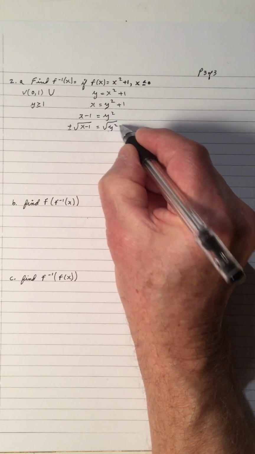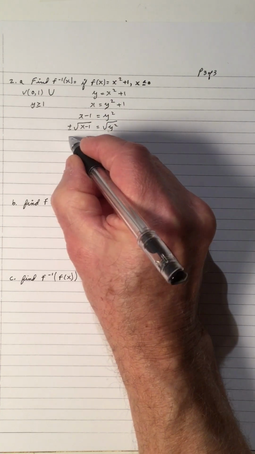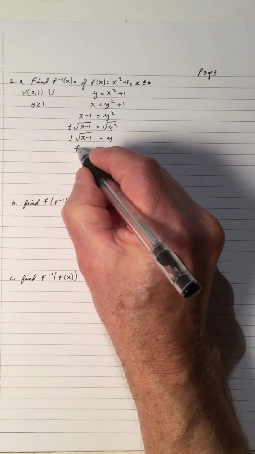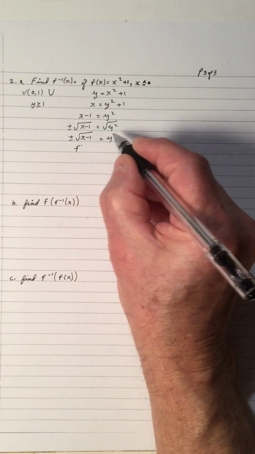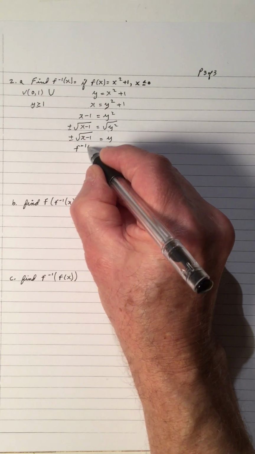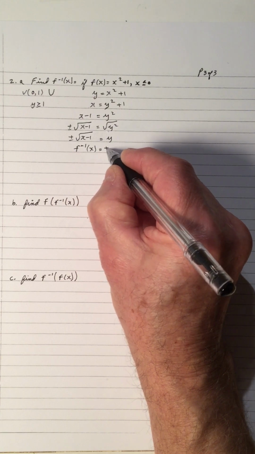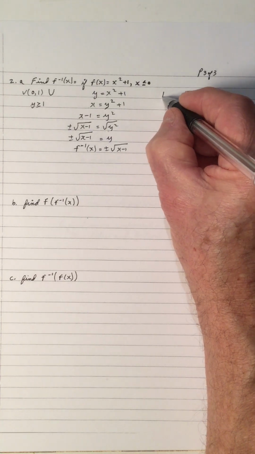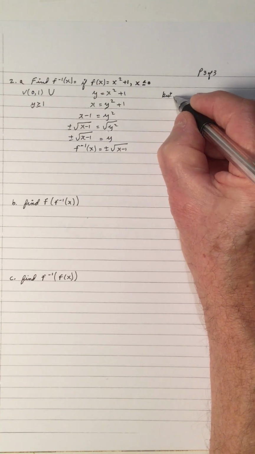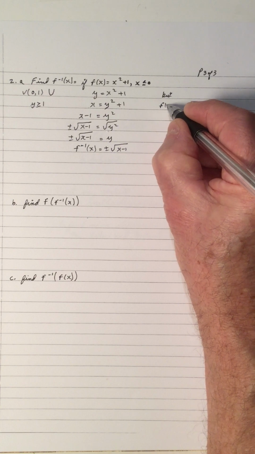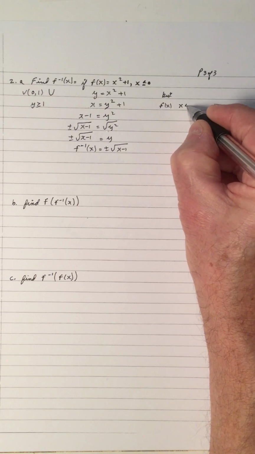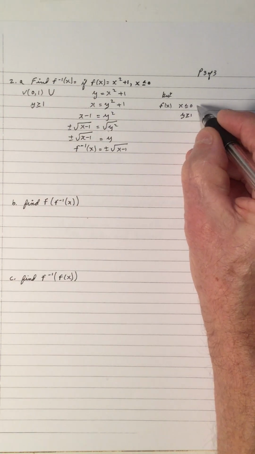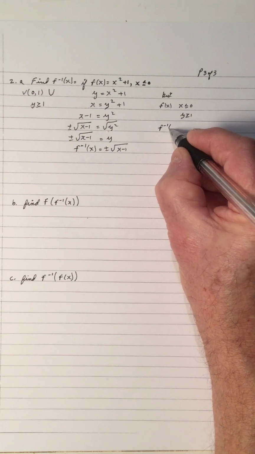Square root of y squared is y. So plus or minus root of x minus 1. Now we've got the f of negative 1, so that's its inverse: plus or minus the square root of x minus 1. But again, in the f of x, x is less than or equal to 0, and y is greater than or equal to 1. So in the inverse,